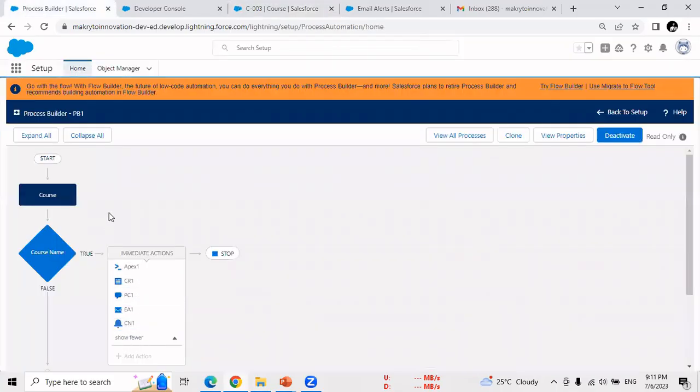in my process builder, right? So with this,